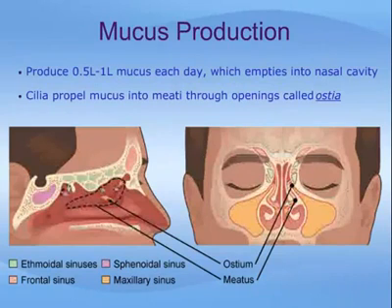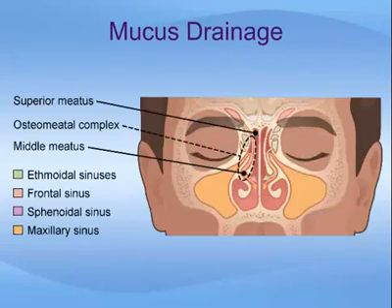By producing half a liter to a liter of mucus each day, which empties into the nasal cavity, the sinuses contribute greatly to air filtration. Tiny hairs called cilia propel the mucus into the canals, or meatai, of the nasal cavity through tiny openings called ostia. The anterior or front ethmoid sinuses, the frontal sinuses, and the maxillary sinuses all empty their mucus into the